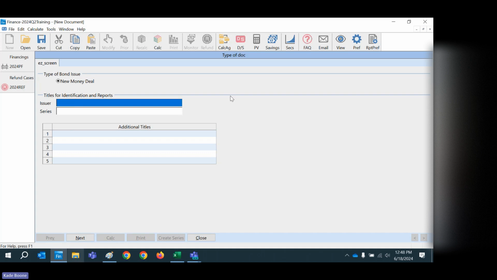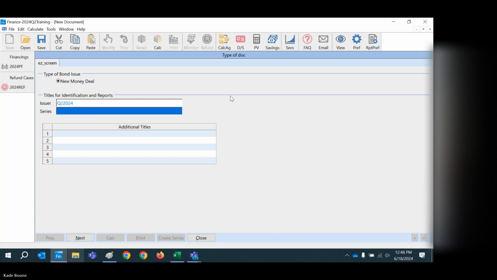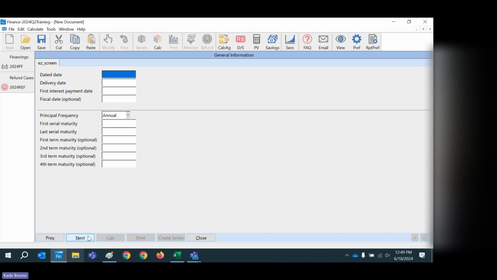And I could say titles for identification, I could say issuer. I could say, whatever, Q. Additional titles. Again, these are very basic and there's nothing you can add. There's nothing hidden. Can I add this? Is there any way I can? No, it tells you,